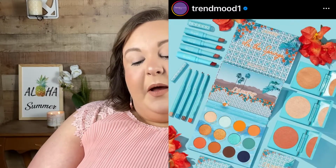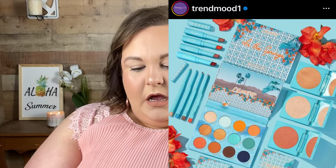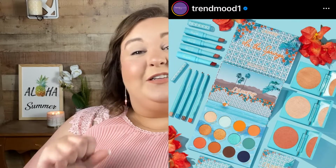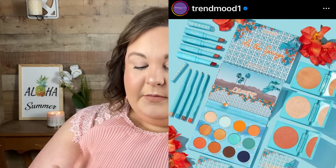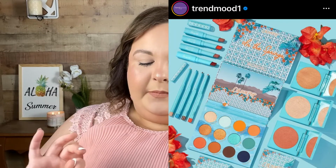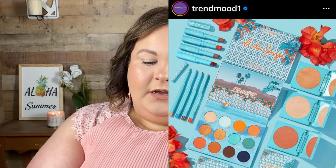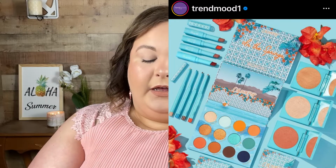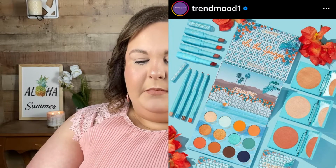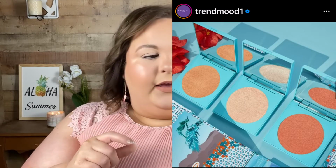Next we have ColourPop in the Springs collection, Palm Springs collection. There's an eyeshadow palette, 3 Super Shock highlighters. I just talked about the highlighters, how much I love them. 4 glowing lips, and 3 cream gel liners. I love their cream gel liners. I've never tried the glowing lips, so I don't know if that's a new formula for them. The Super Shock highlighters are in a square instead of